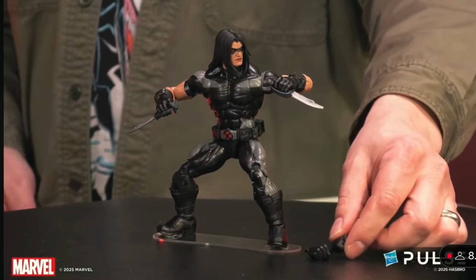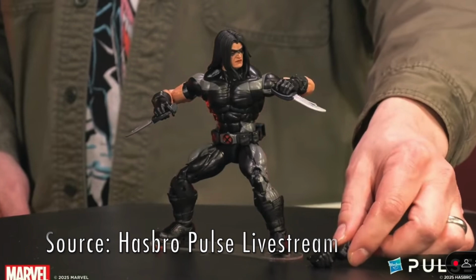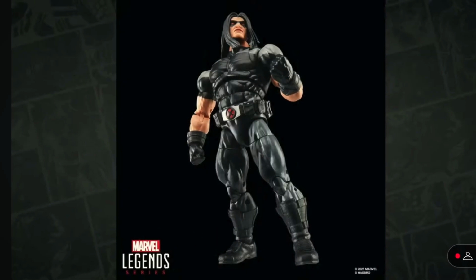Now, I believe this may have been a 2-pack, and I think they said this on the stream, that was released back in 2010. So before the return of Marvel Legends. So you got Warpath, which is a bit of reuse from the previous Warpath figure, but repainted, and then you have an all-new X-23 sculpt, and I think this is going to be the hero figure of this 2-pack,